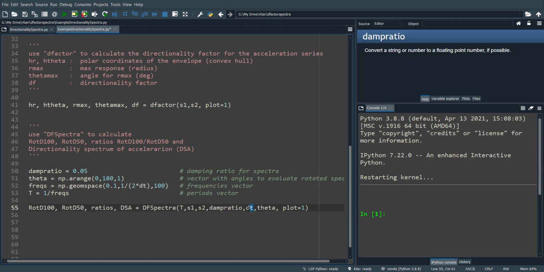The dt, and that's the time between acceleration points. Theta, it will be the different angles at which the response is evaluated. In this case, I'm going from 0 to 180 in 1 degree increments. And finally, if you want or not to generate plots. What this function returns is the ROD-D100 response spectrum, the ROD-D50 response spectrum, the ratios between ROD-D100 and ROD-D50, and the